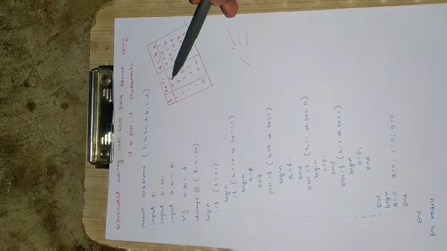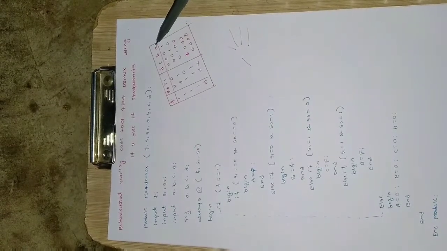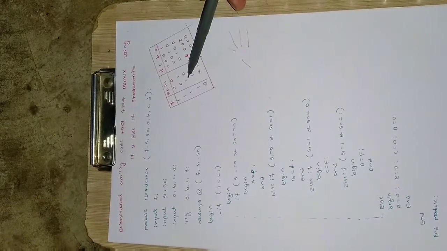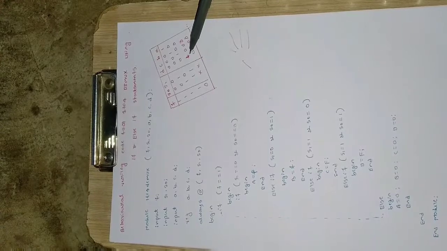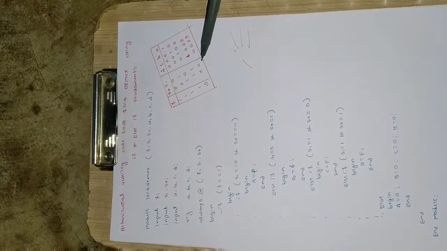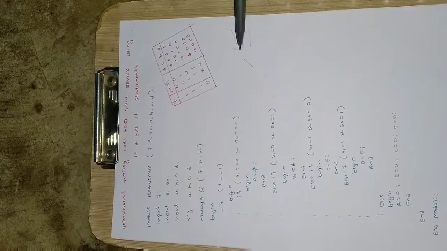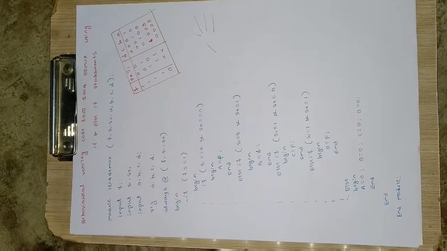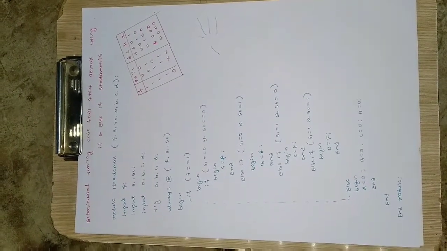If they are 0 0, at that time the data will be forwarded to a, so on the line a. If they are 0 1, then it will be forwarded on b, and if it is 1 0, then it will be forwarded on c, and if it is 1 1, then it will be forwarded on d. And if the input itself is 0, at that moment it will not check for the select lines, because there is no input on this line, so the output will be 0 obviously. Okay, so that's about the truth table, how the output is selected depending on the input and select lines.